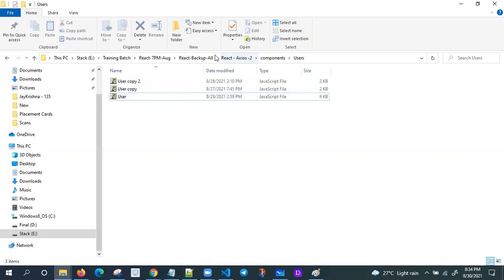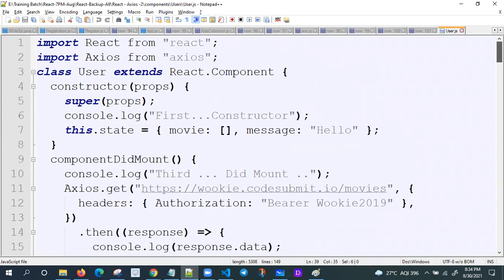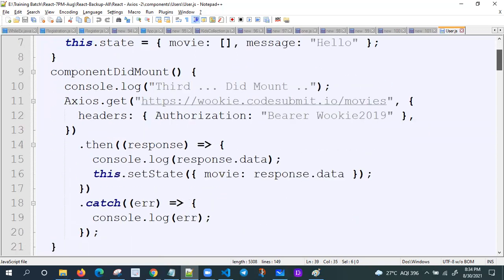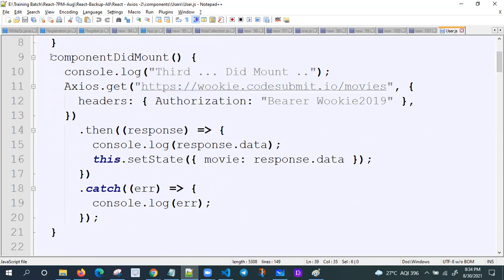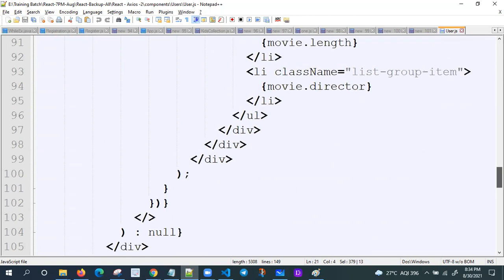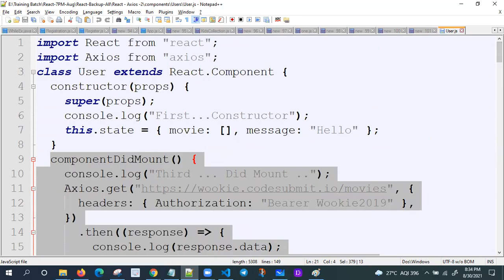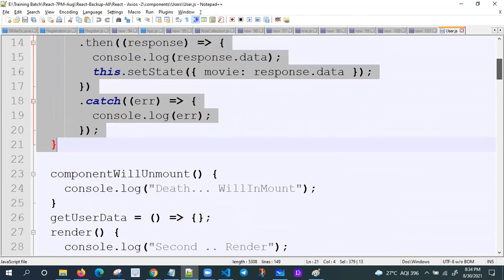I have this user component from the last class. I don't want to change my class names, I added them directly here. I didn't use the class and all for him. He came directly to the institute with the assignment. Simply what I did is I sent this, your code only, last class code only. So I changed the API and we are getting the data and we are displaying the data.